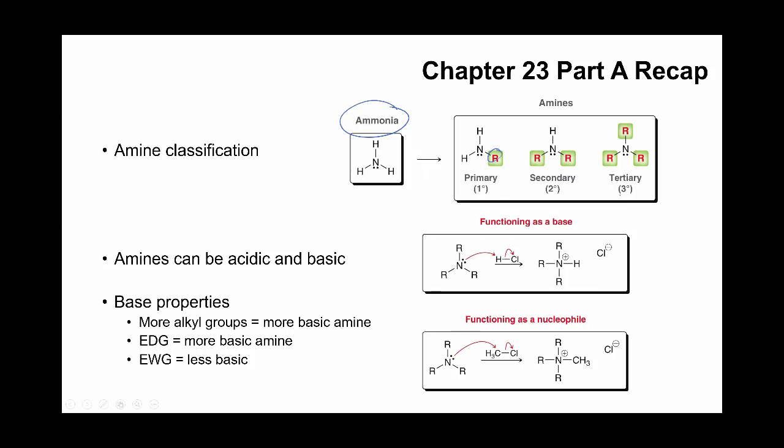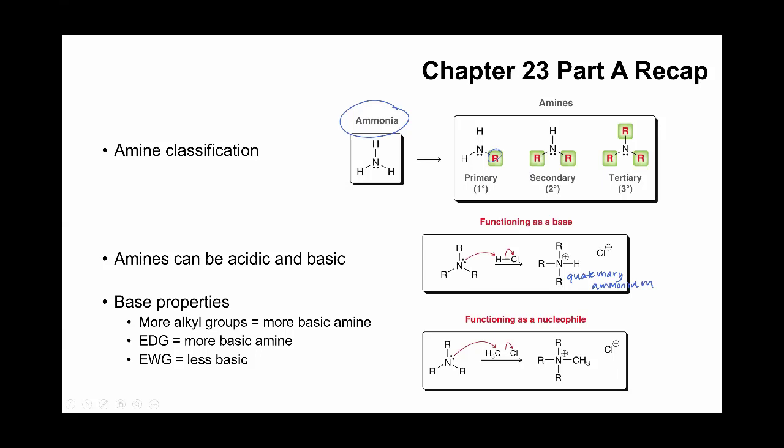Amines can act as acids or bases, so they can donate a proton or they can remove a proton. That will depend on what else is in solution with it. So a nitrogen in the presence of HCl is going to act as a base and deprotonate that HCl and become a quaternary ammonium salt. This is a quaternary amine. A quaternary ammonium, so that IUM ending tells us we have a charged nitrogen there. And that makes it more water soluble.